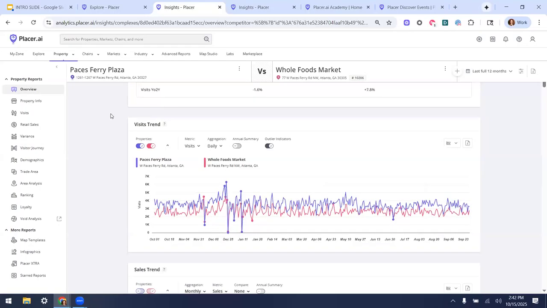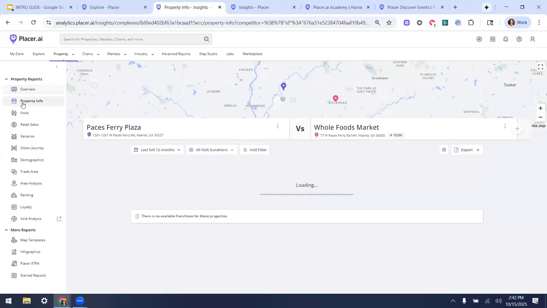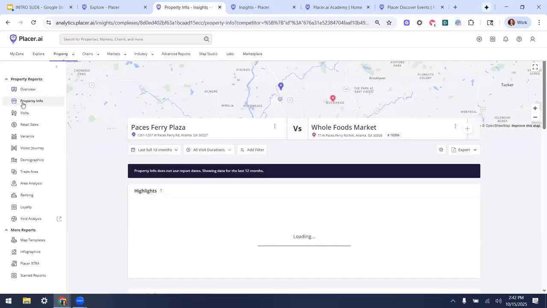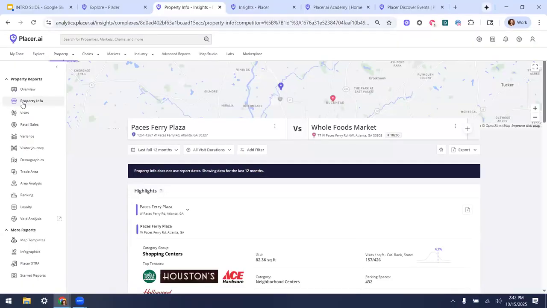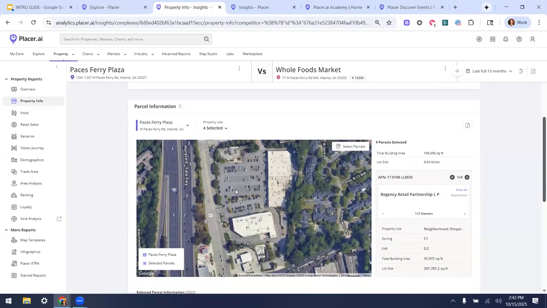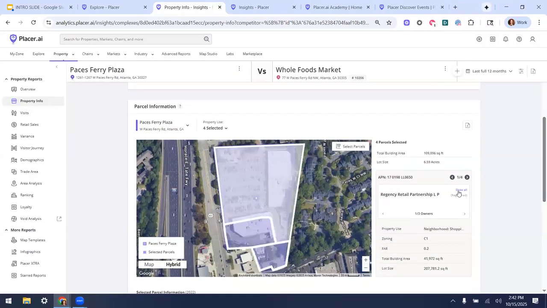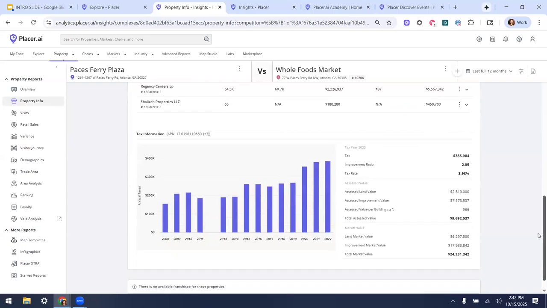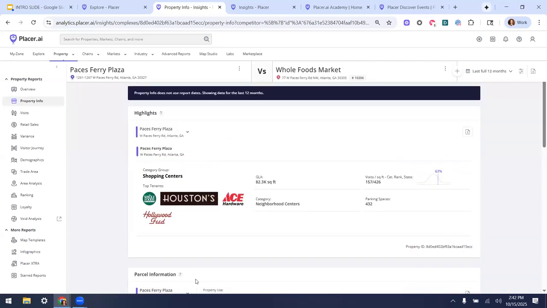It's pretty powerful stuff. We're going to go very quickly now through some of these because they're not as important, well, not important's not the right word, but they're not used quite as often. Property info is parcel data. This is like who owns the parcel, tax information. You can see the parcels here, and over here who owns them. Sometimes it has contact info. I will say we are refreshing this data with a new vendor in the near future. So if anything's outdated, let your CSM know, but we do know. We're bringing on a new vendor for the parcel data. I'm going to skip visits. It's a little repetitive, but